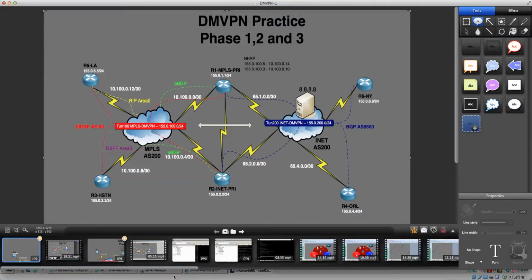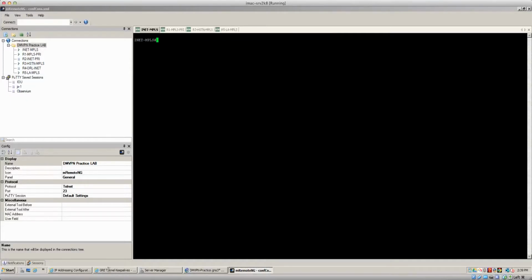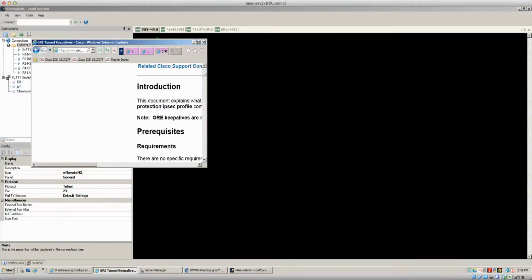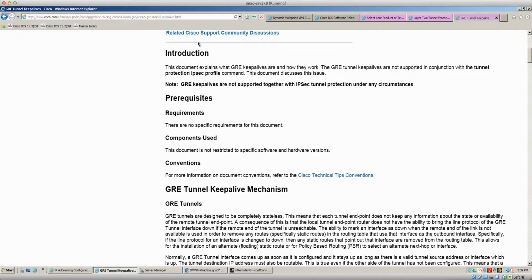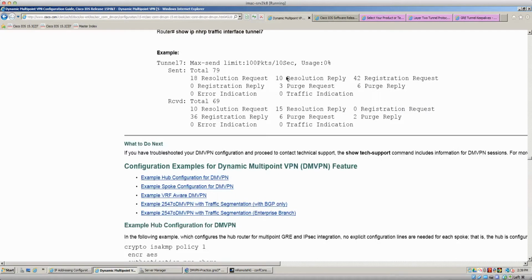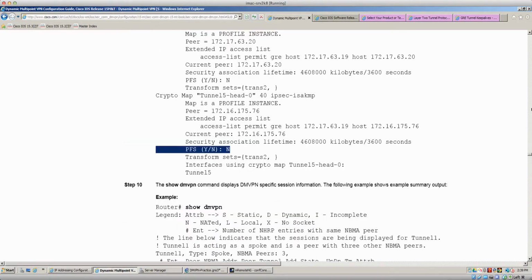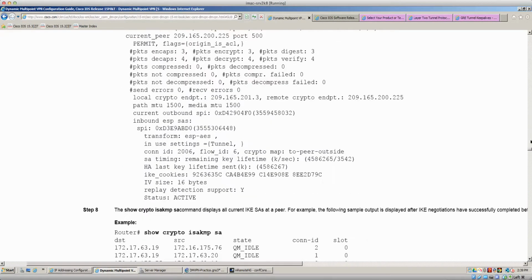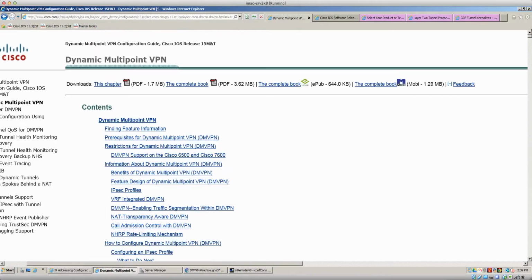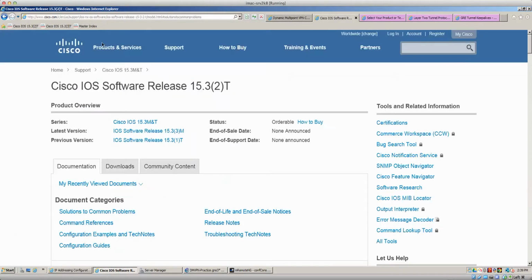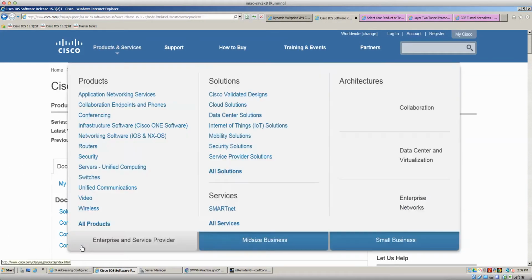Now, one of the things I would recommend, if you want to get a good understanding of what DMVPN is, is to get over to the Cisco documentation and read through it. They have a few design docs. They have a good configuration guide that pretty much tells you exactly what you need to know for configuring DMVPN. And where you would actually get to that is if you go to configuration guide,